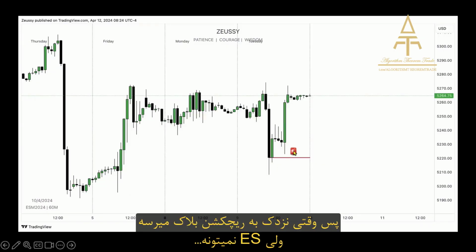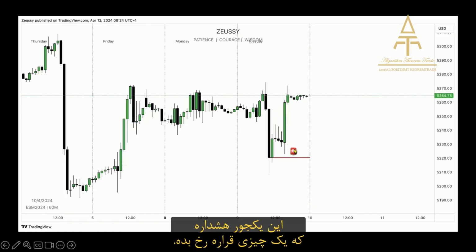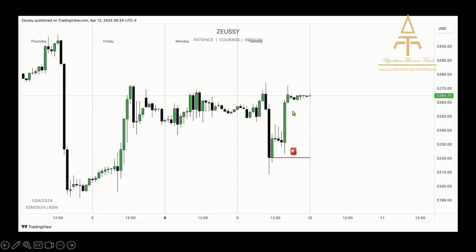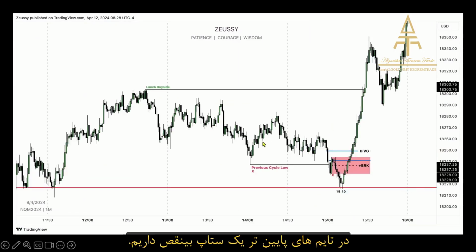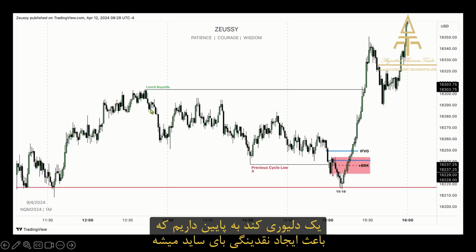Therefore, the moment you see this occur right here, ES not reaching its rejection block whilst Nasdaq does, as an alarm sign, as an alarm bell. Watch out, something is on the way. If we then zoom in on the lower time frames, we can see a perfect setup where we can see